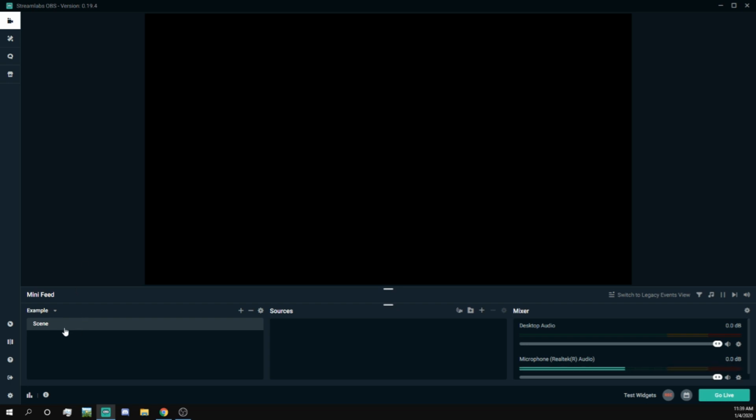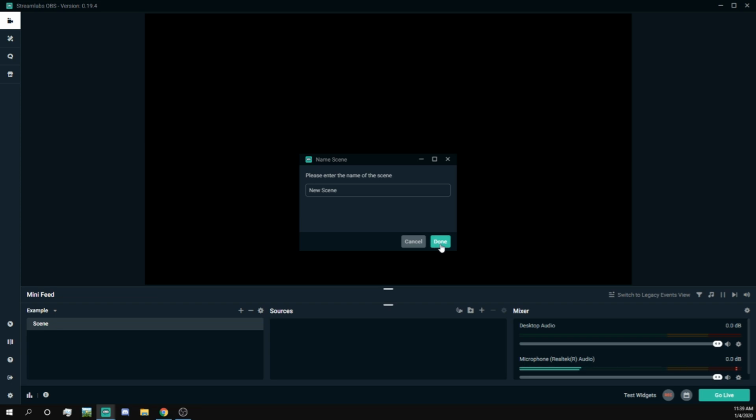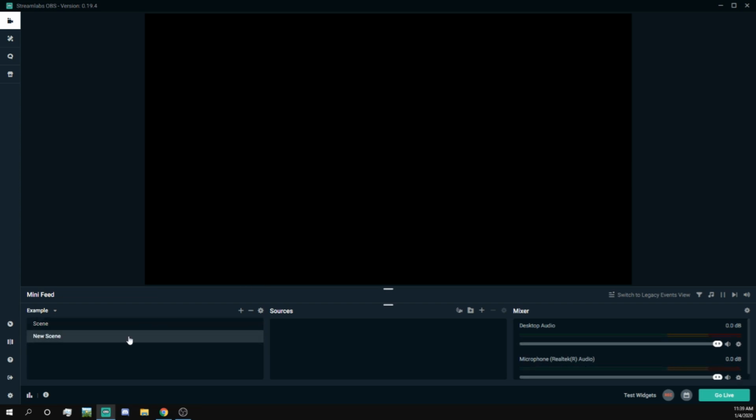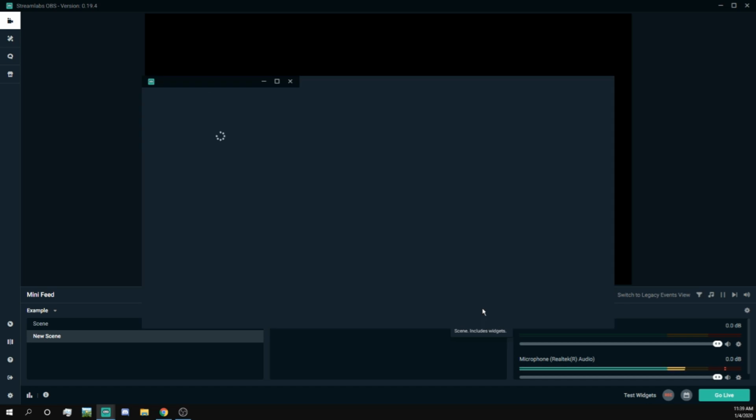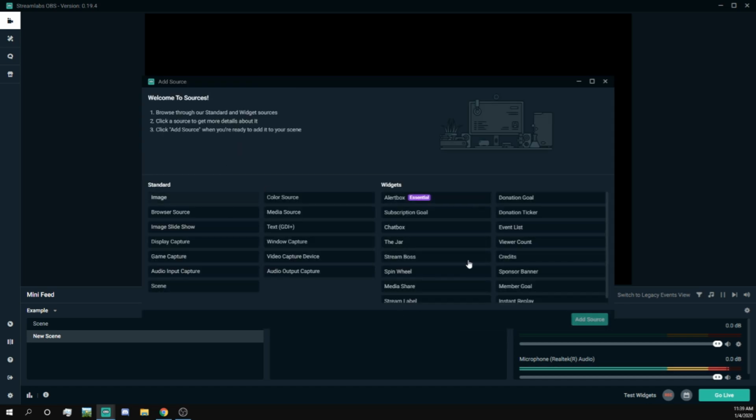So to add a scene like the one we have here, all you have to do is press the plus sign, which adds a new scene. Then press done. Now, if you right-click on it, you can duplicate it, rename it, remove it, adjust it with filters, or create a scene projector. If you go over to the sources column and press the plus button, you get an assortment